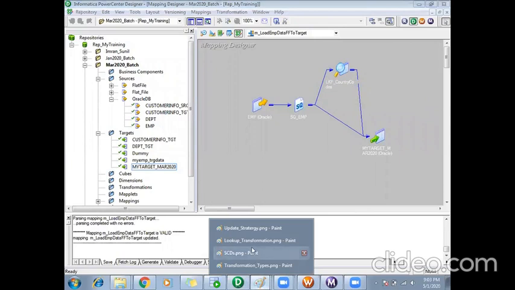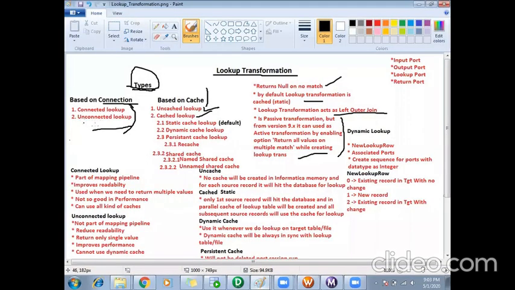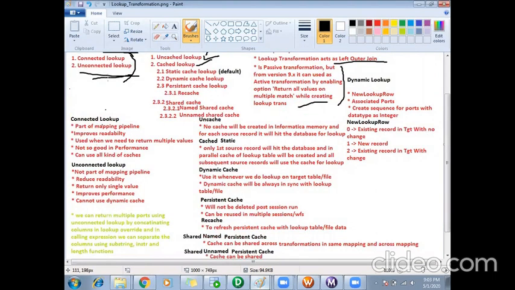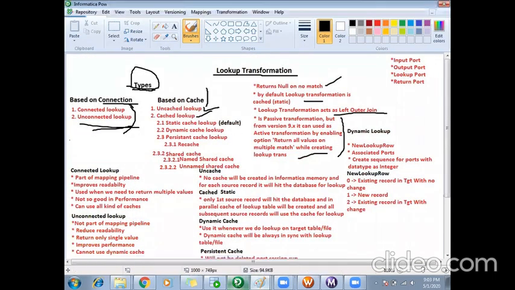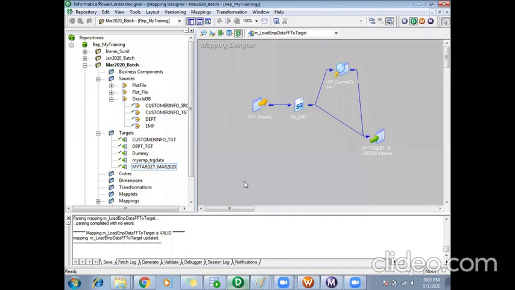In a similar fashion, I can use an unconnected lookup also. We'll see how to use the unconnected lookup maybe in tomorrow's class. We have seen how to create a connected lookup; similarly, we'll see how to use an unconnected lookup.